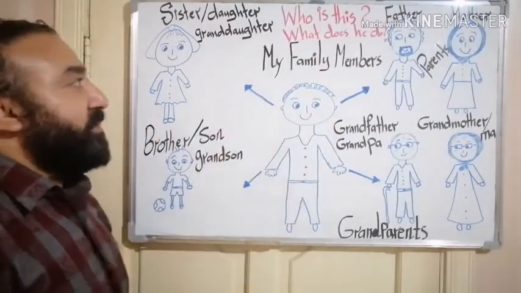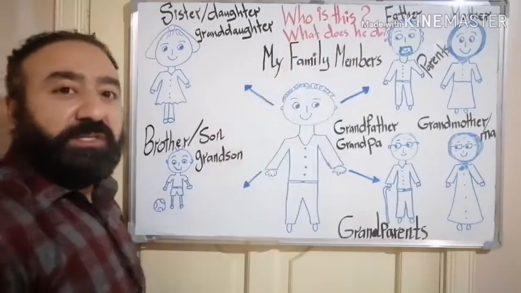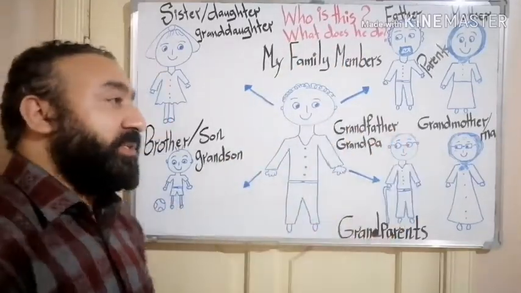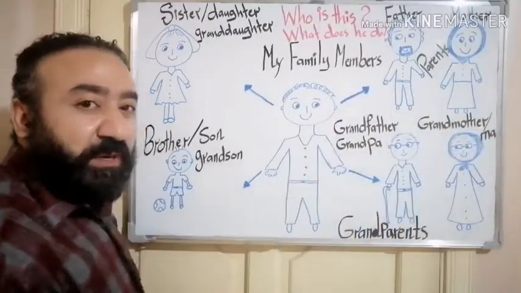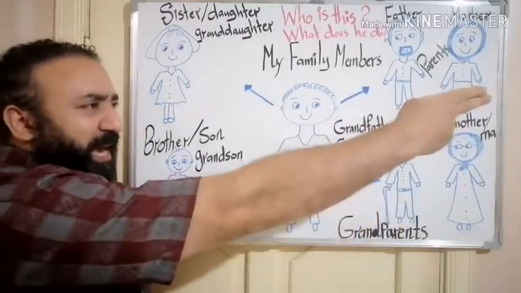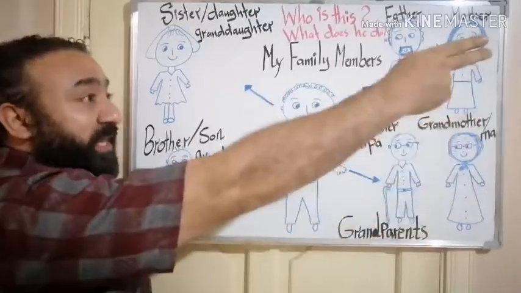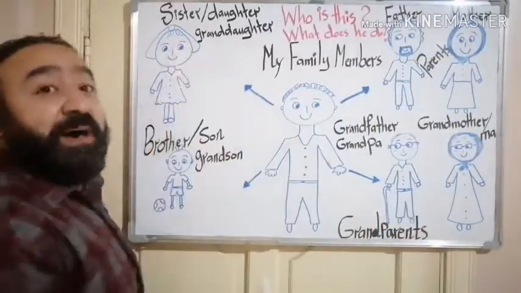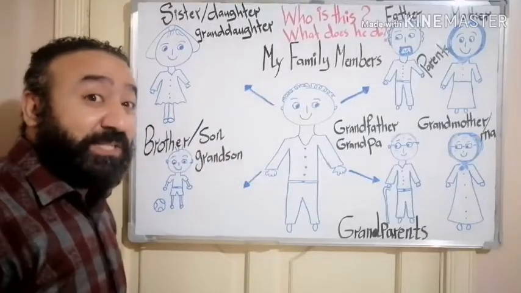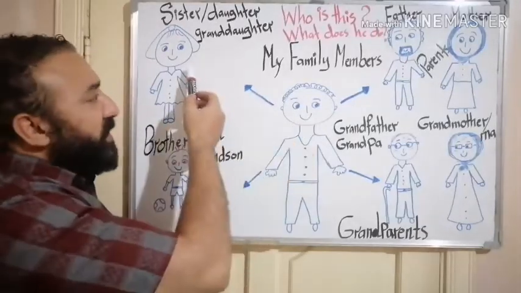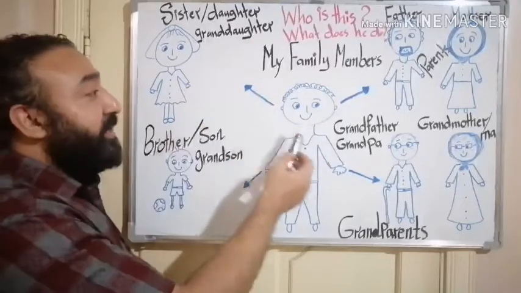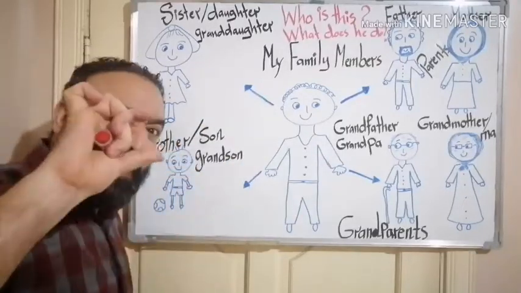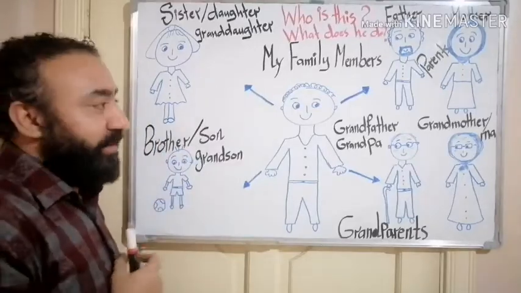Okay guys, we will start our lesson with Sam. We'd like just to ask him, who is this? Or sometimes you can use that. In case the person is far from the speaker, you can say, who is that? Now he should answer, this is my sister, or that's my sister. Sam, who is this? This is my sister. Sam, who is this? This is my brother, my little brother, or this is my brother.